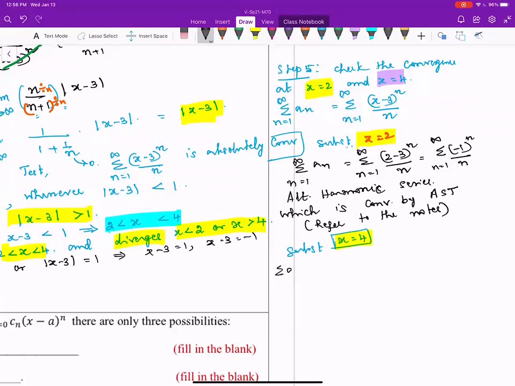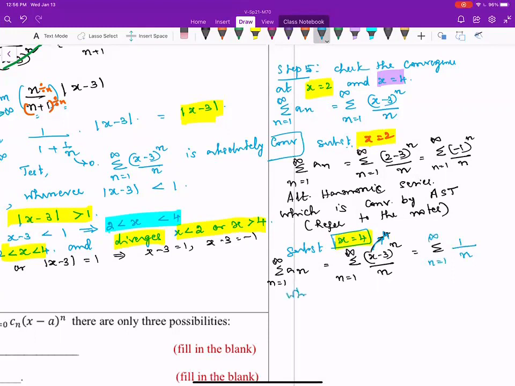So we get sigma an, which is sigma x minus 3 to the power n over n, which is sigma, substituting x equal to 4, so it is 4 minus 3 to the power n, which is 1 to the power n. So 1 divided by n,